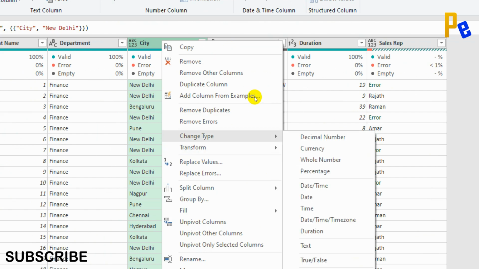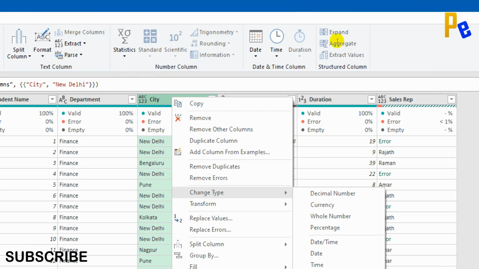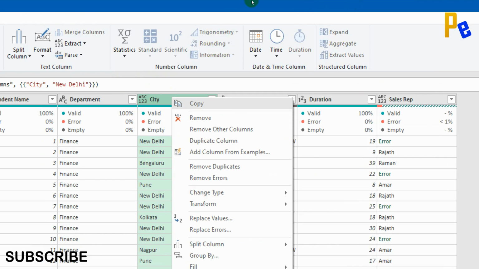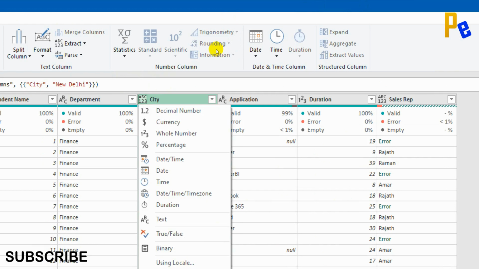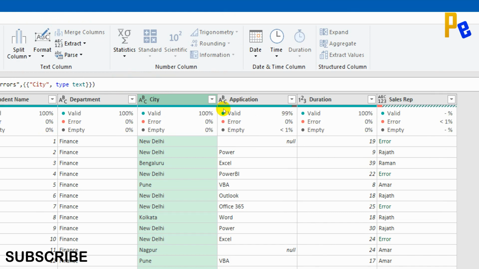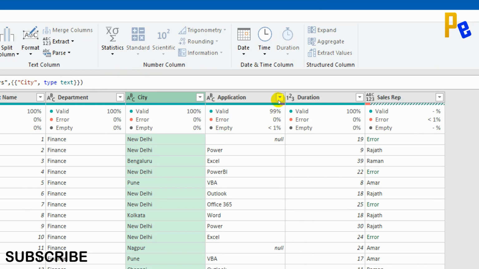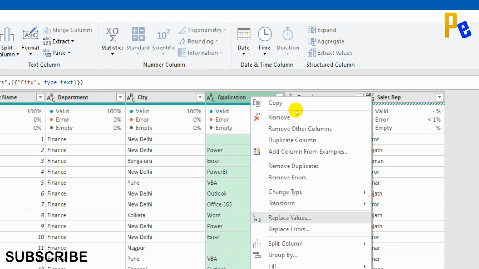I need to go to change type and I'll get all the data types. The best and easiest is just to go to that ABC123. If you click on that, you will see the data types. Currently this has to be text. I'm fine with it. The next one is I need to replace the blanks. So right click and then select replace values.